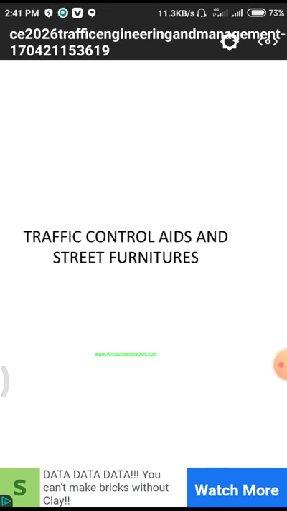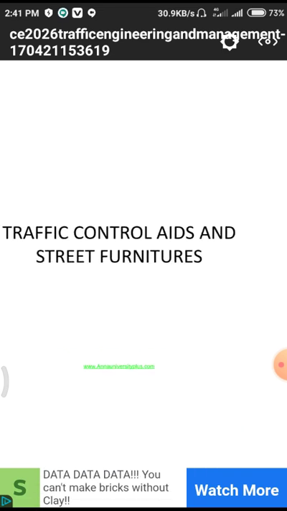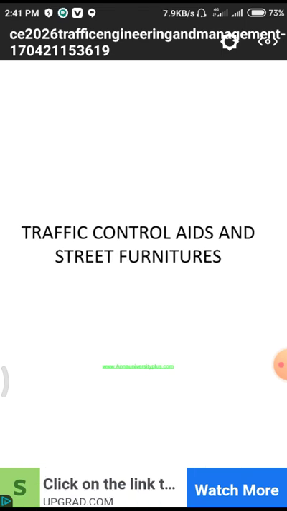After that we have another area of transportation engineering. This is completely different. What are the different kinds of street furniture? Normally furniture in our home is for decorative and utility purposes, where we use wooden items and glassware for looking and utility purposes.